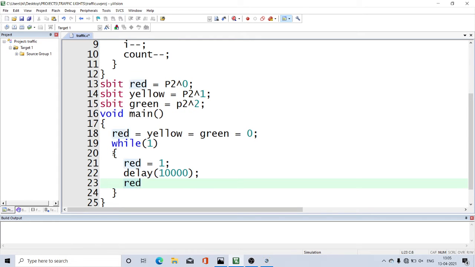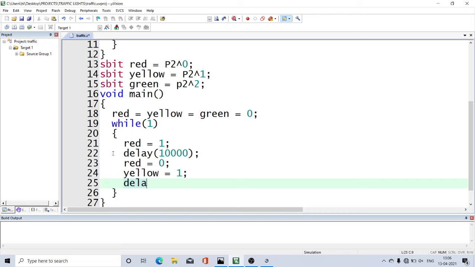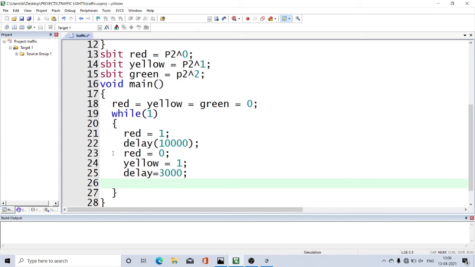Then next, after 10 seconds, red equal to 0, and yellow color should be 1, that means turn on yellow color after a delay. So let me write here delay equal to 3000. Let me see what kind of error it is going to generate.